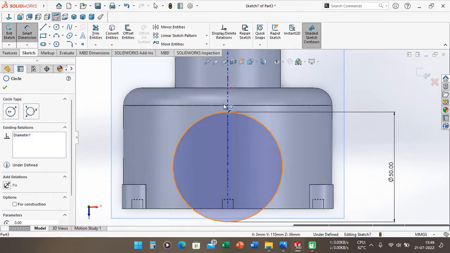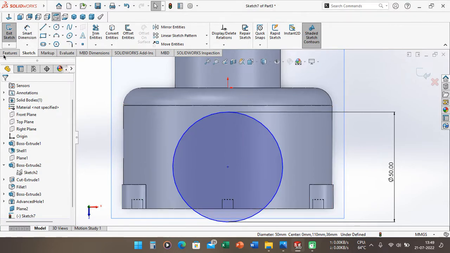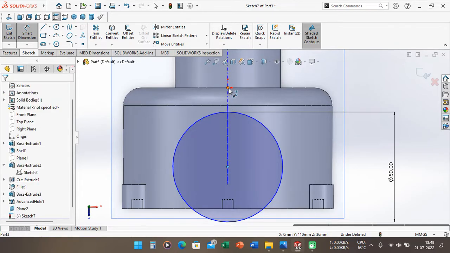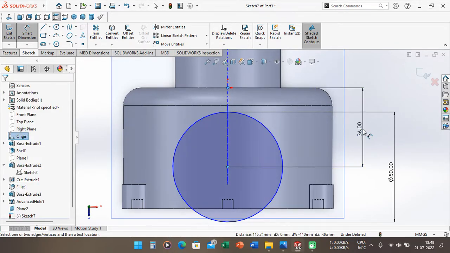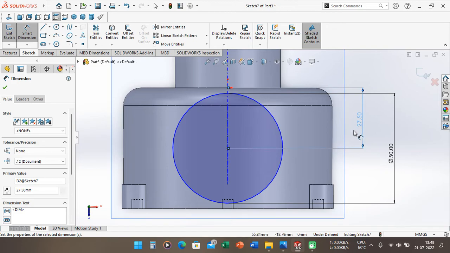Wait a second, we can get here, smart dimension, and the distance is, because total length is 55 millimeter, so here we got 27.5 millimeter.